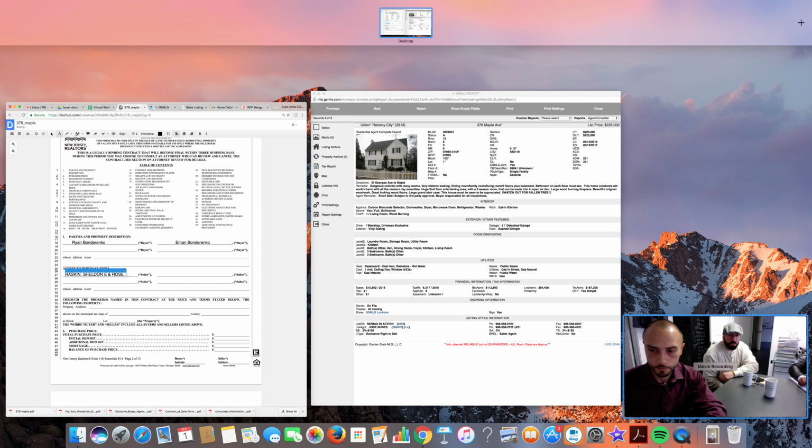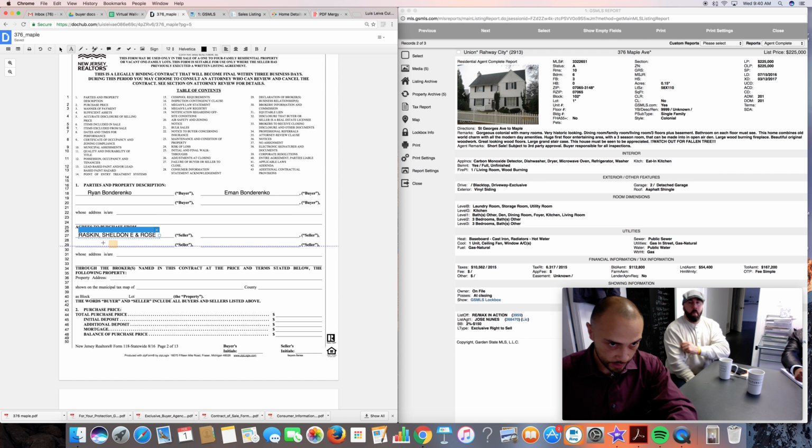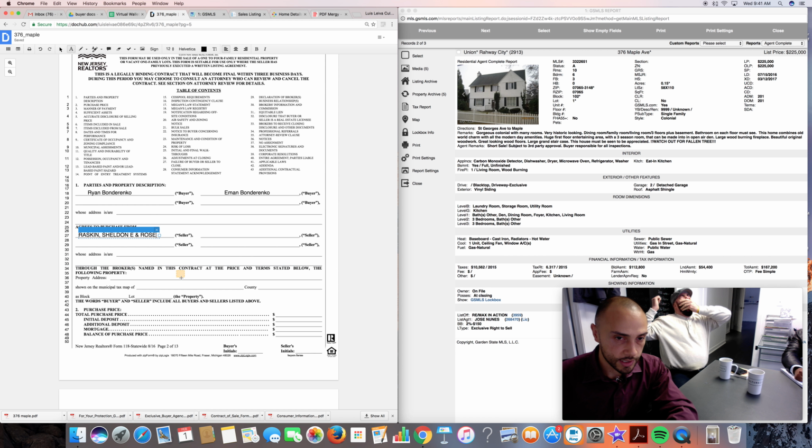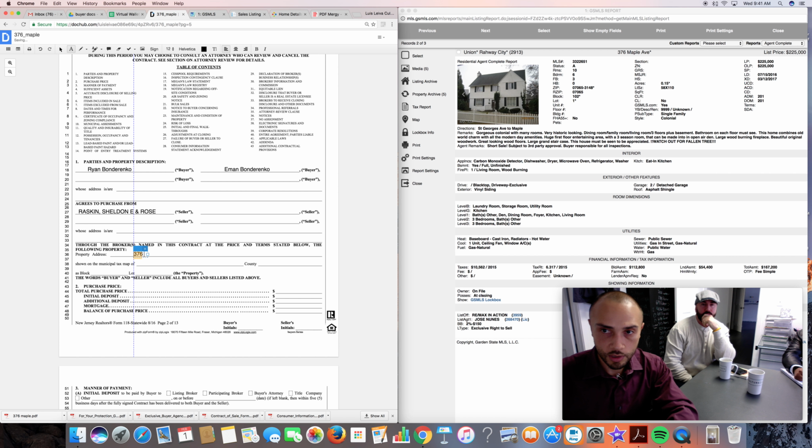It's not pertinent for you to put the seller's address. If you want to go ahead and put it, you can. I'm not doing it today to save us some time. Then here what we're going to do is we're going to put the property address. So if we're working on 376 Maple, we're going to put 376 Maple Avenue in the tax map, municipal tax map of Rahway and county of